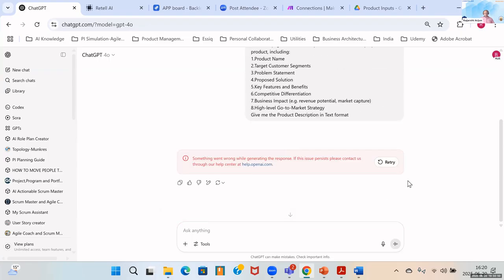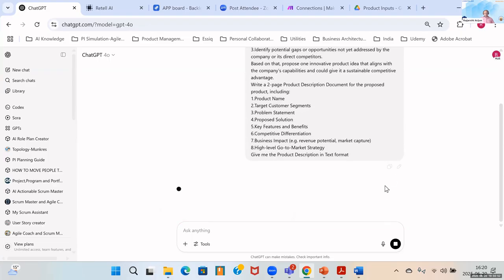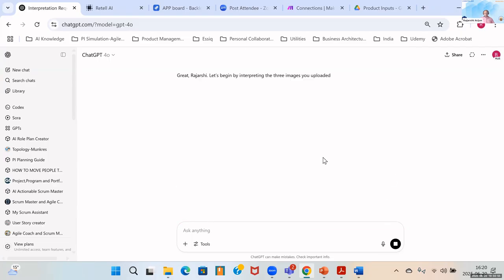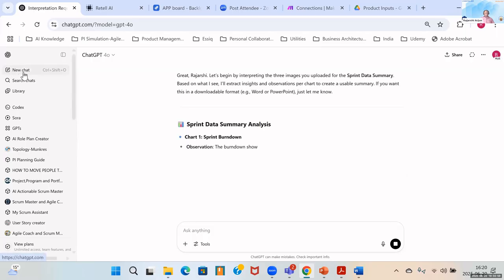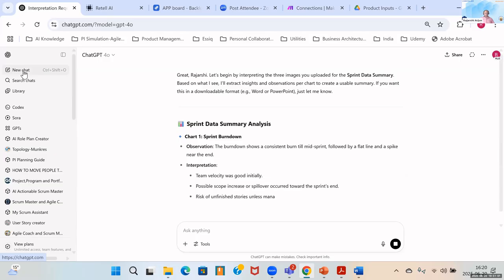One sec, I think I need to type it again because the previous window came up again. Okay.